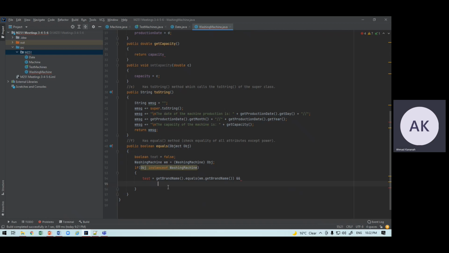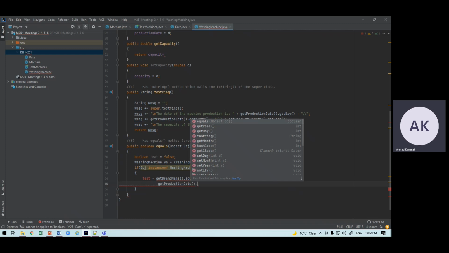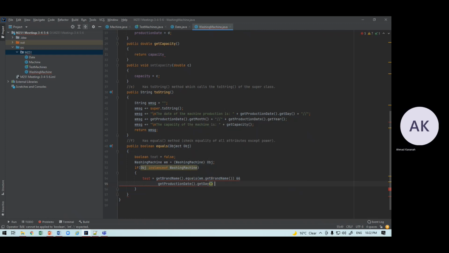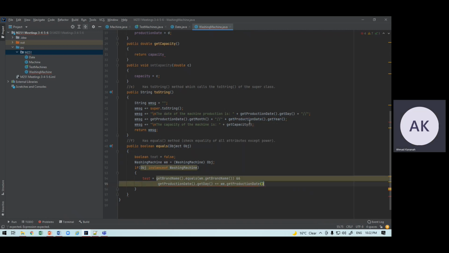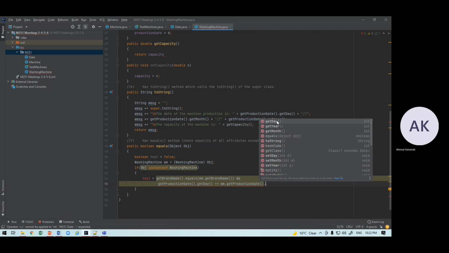Now we check getProductionDate().getDay() is equal to wm.getProductionDate().getDay(),